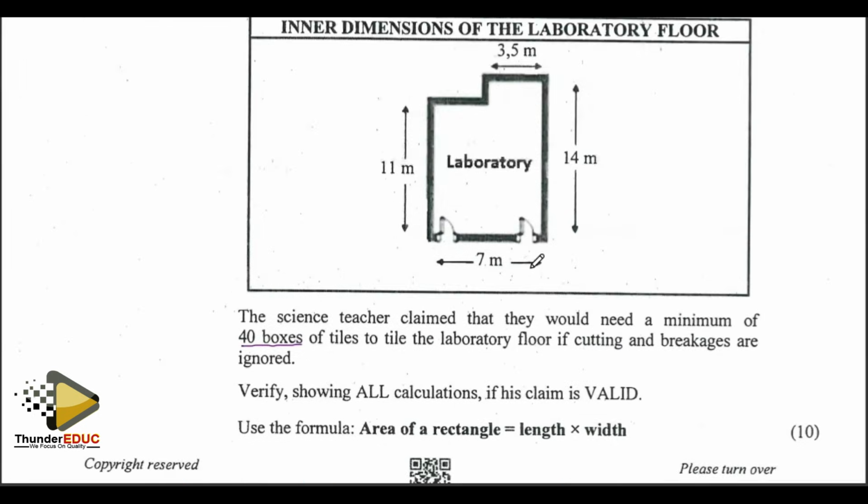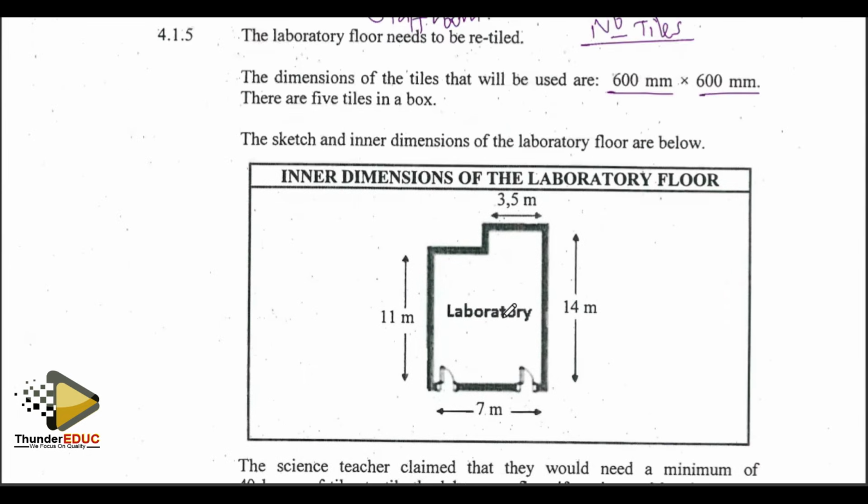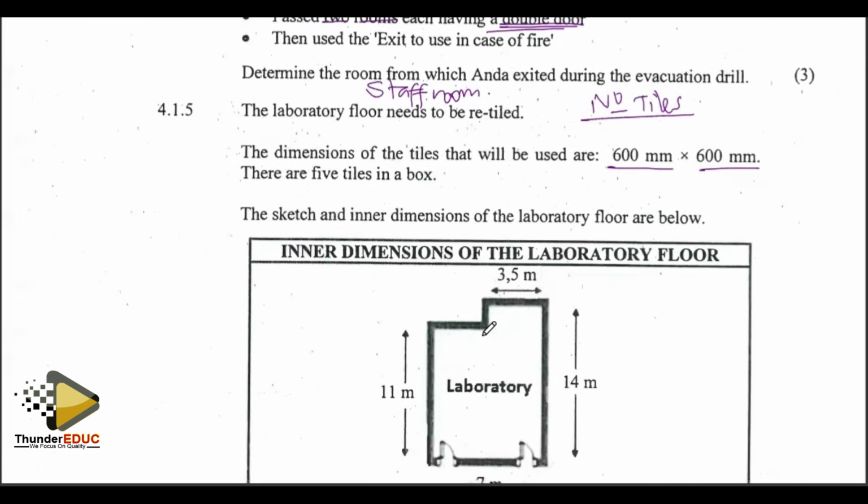So let's find out. Because here we need to find the number of tiles, and again we put them in boxes. So I'll use this space here a little bit. Number of tiles will equal the area to be tiled divided by the area of only one tile. The measurements here are in meters. The tiles are in millimeters. What are you going to do? Change these measurements to